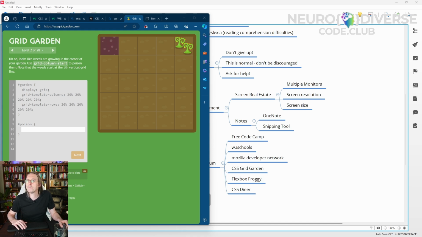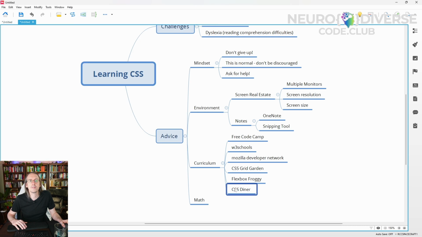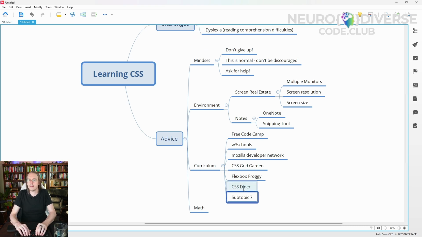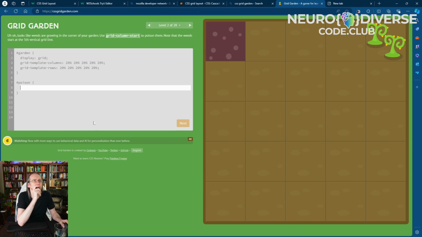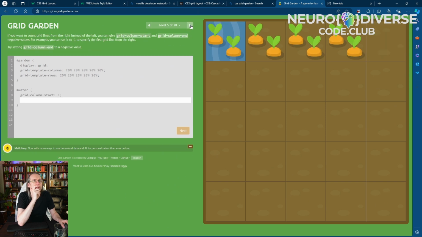Okay, so we have CSS Grid Garden, and we've got, oh yeah, math. So here's something that I might do. If we move here, and let's say I'm moving forward a few, and now I need math in some way. Like, I think there's one of these where,